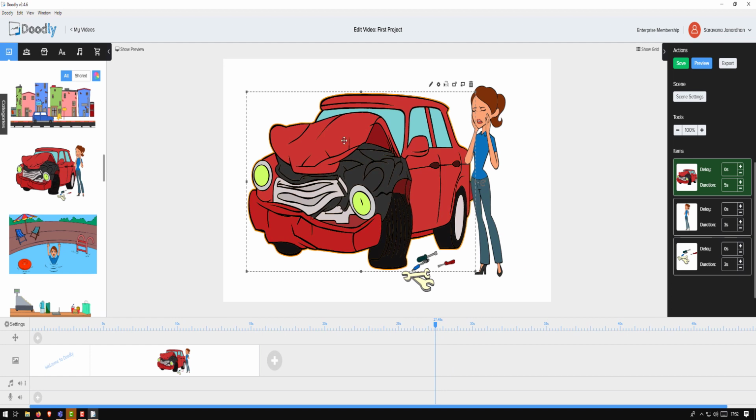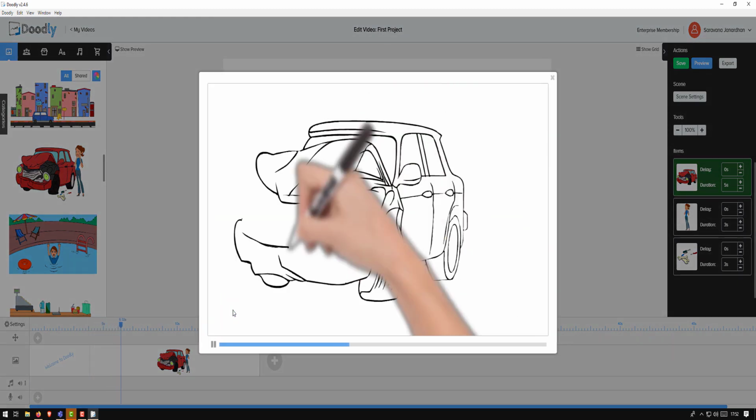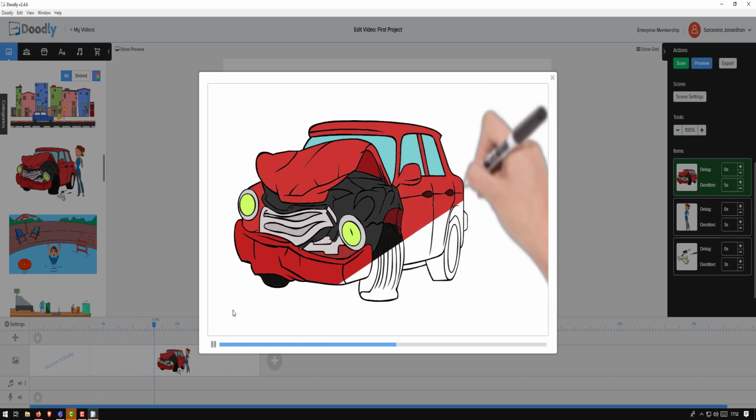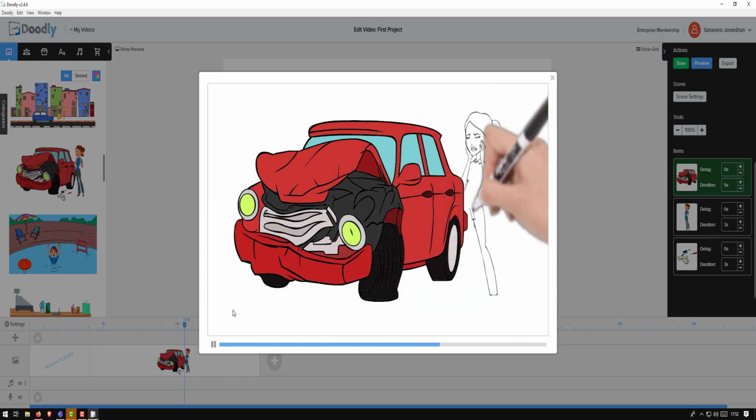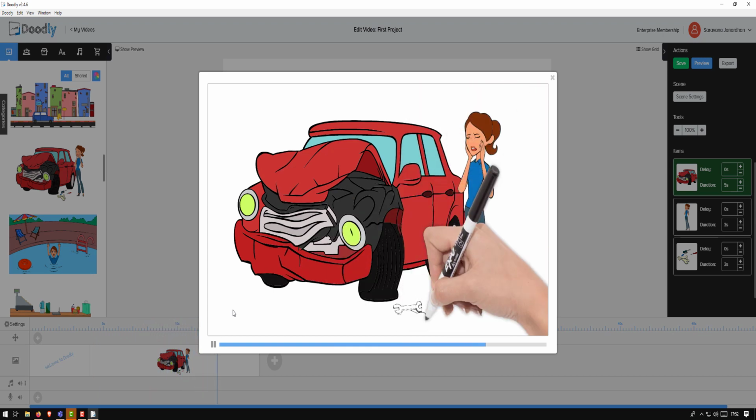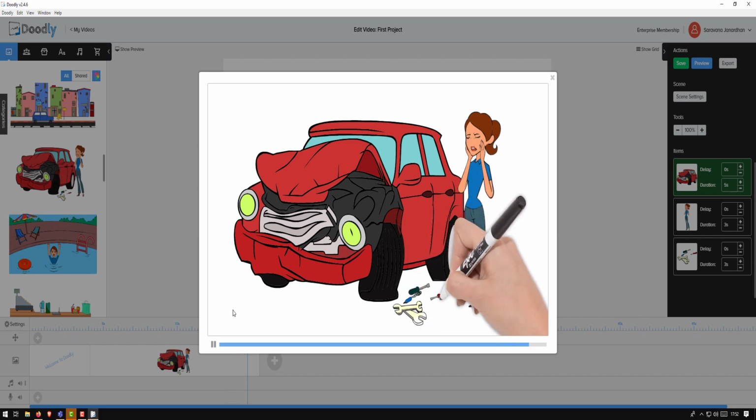This time I only want to preview this particular scene. I don't want to start from the beginning, so I right click on my second scene, click the preview button. So it's much faster. Instead of taking 17 seconds to draw, it took just 5 seconds to draw the